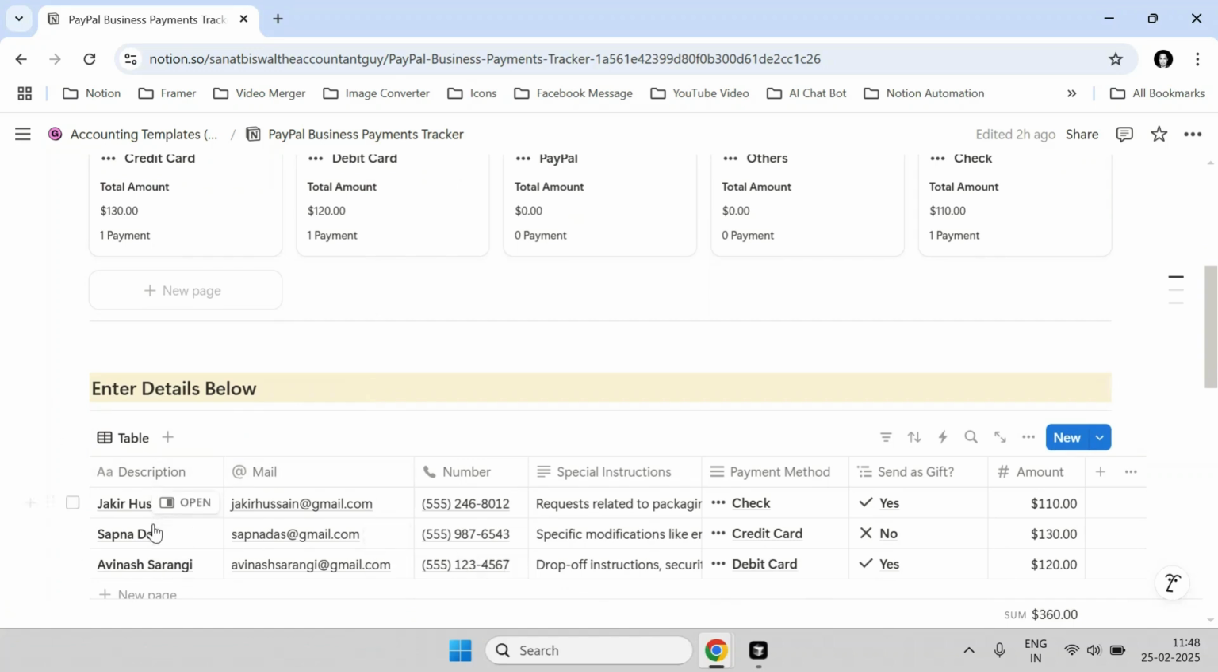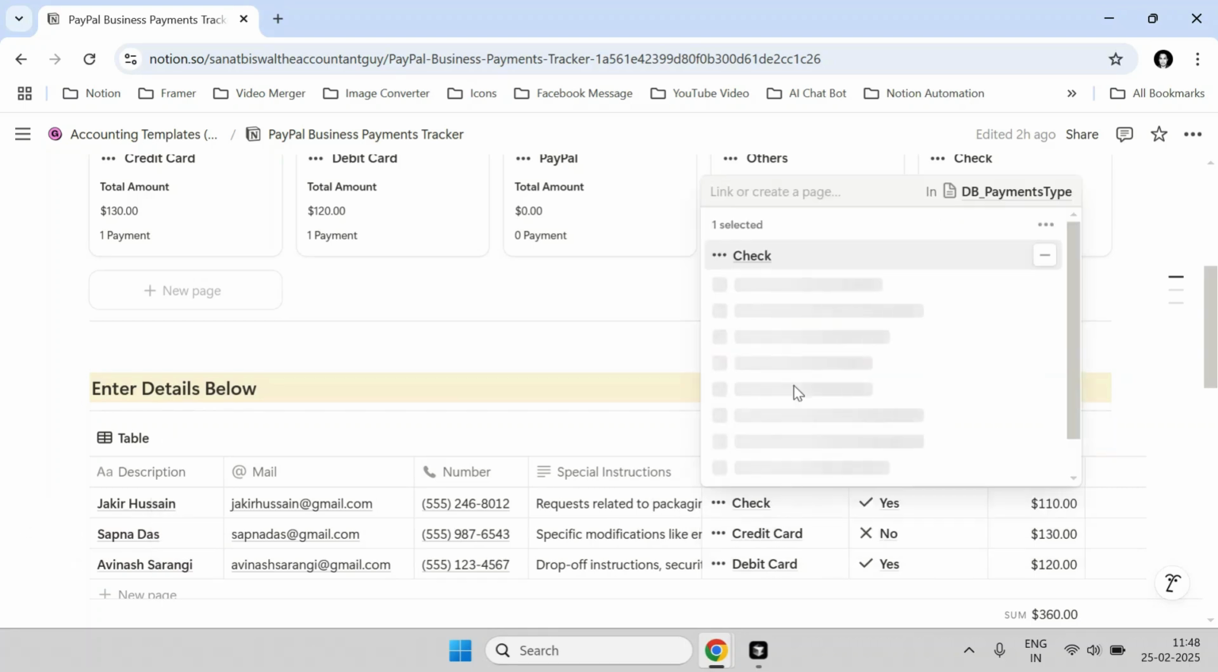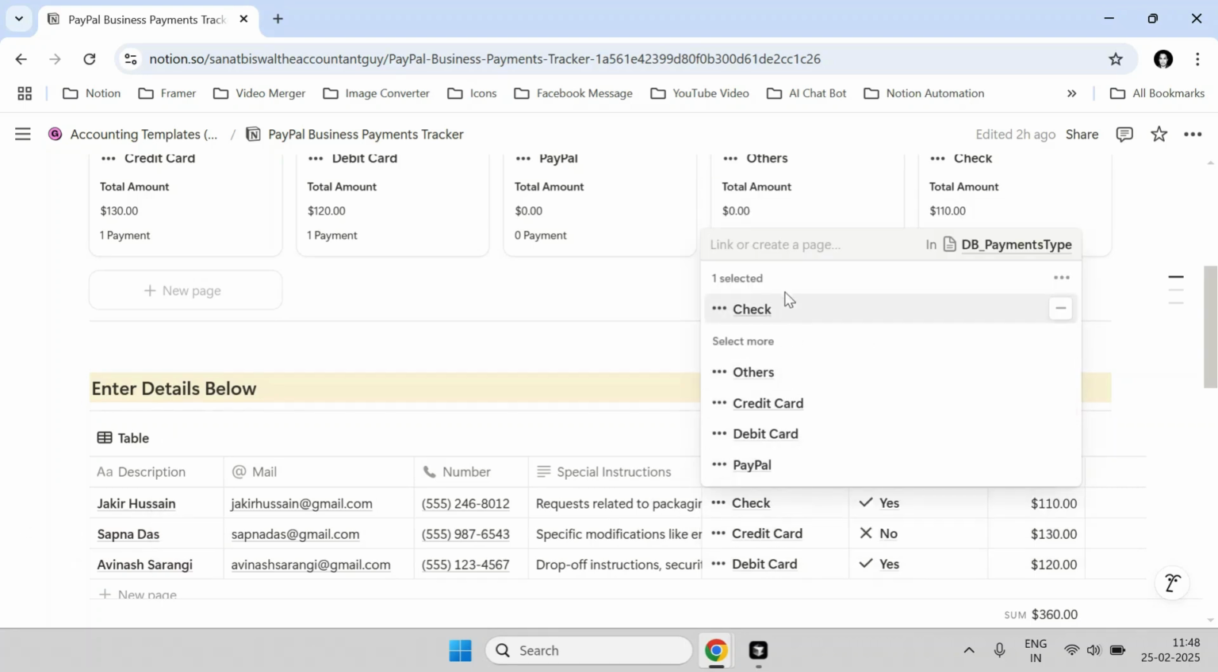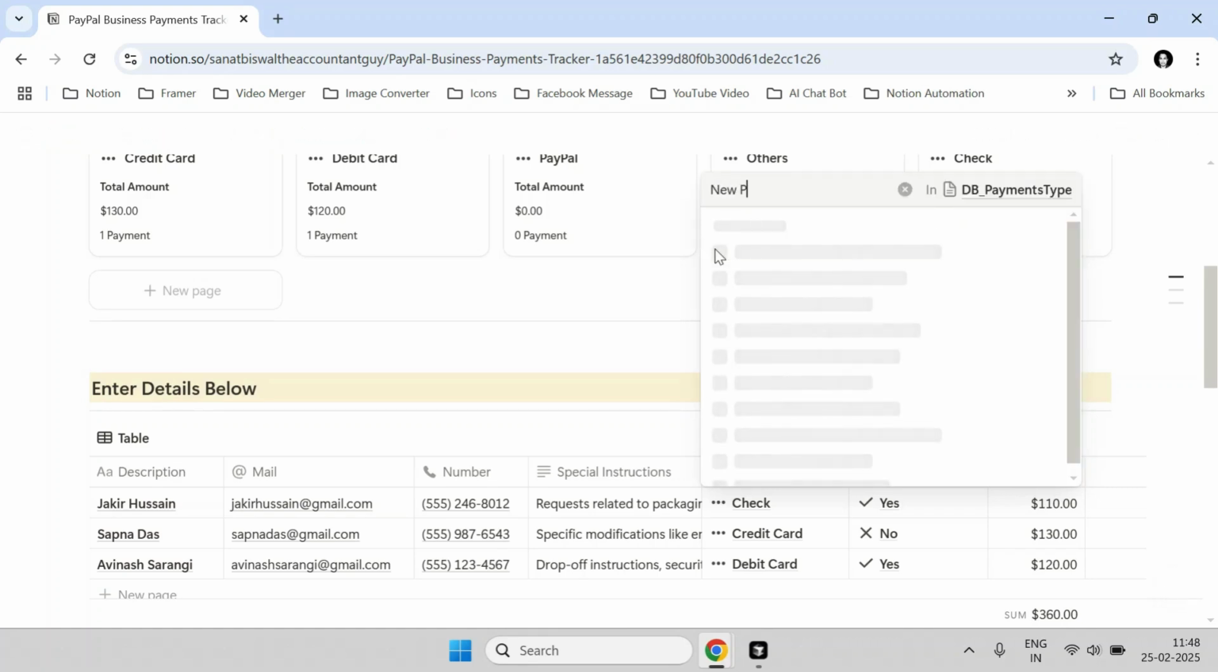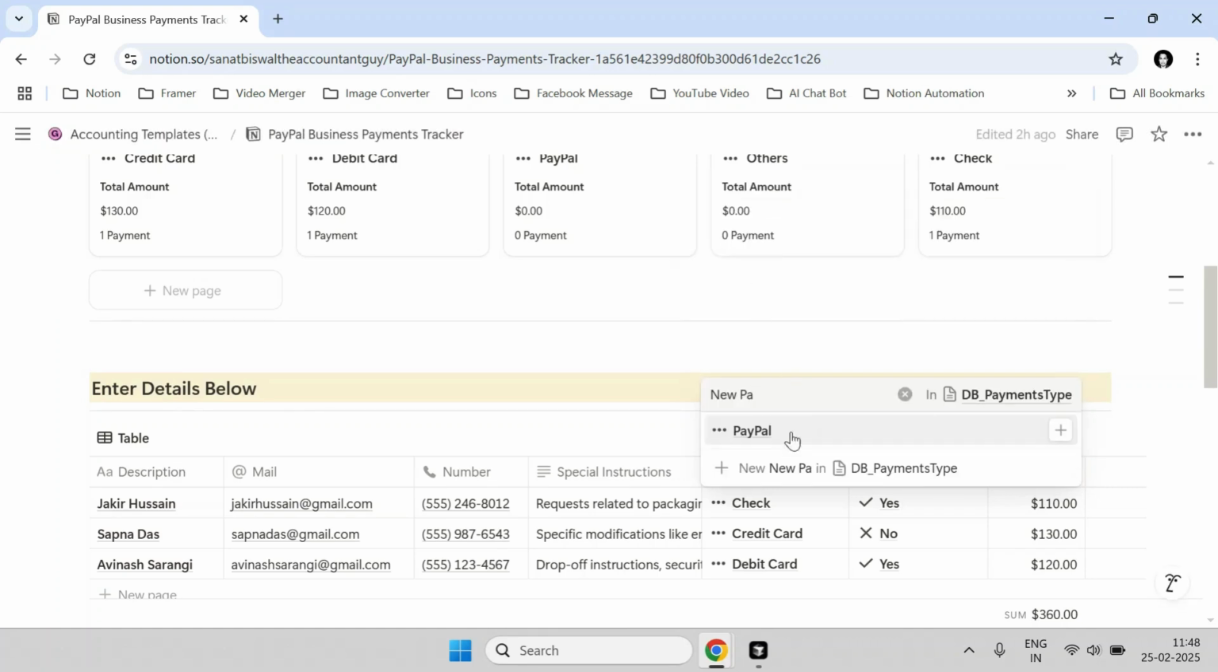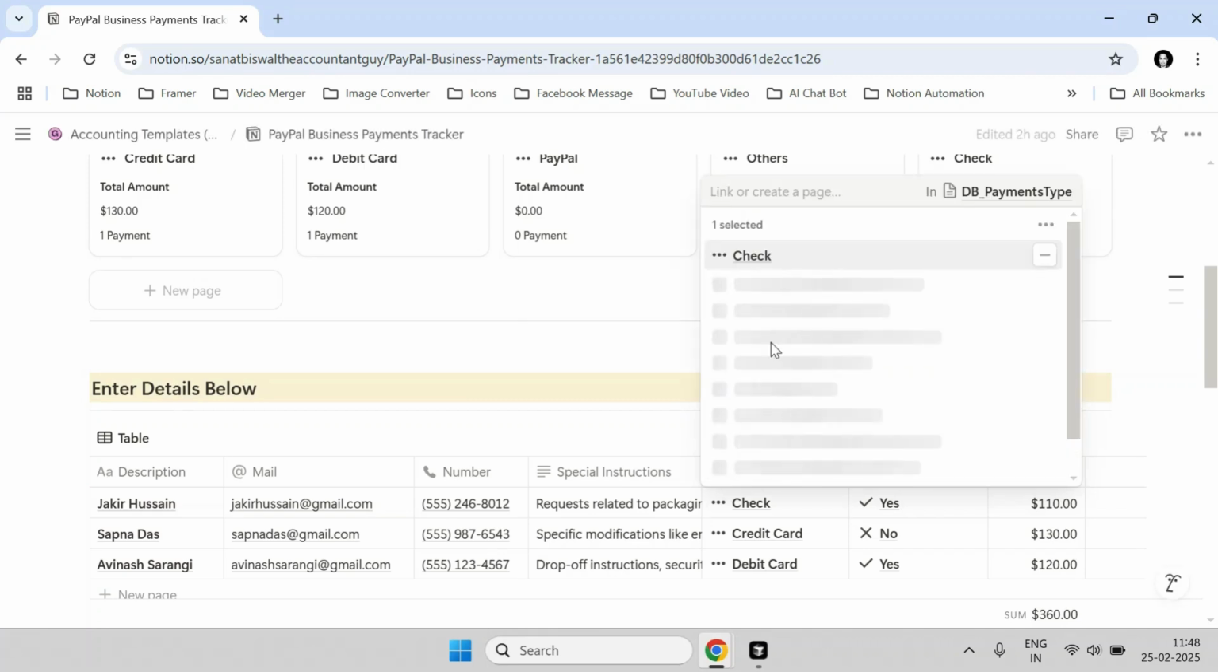like the description of the customer, the name, the number, any special instructions received from the customer, and how the customer is paying for this specific product. If you click on this, we have added certain payment methods over here. You can add your own payment method by simply typing over here, like it can be new payment or something. If you type, it will automatically show, or you can choose from the existing payment methods, whatever is being